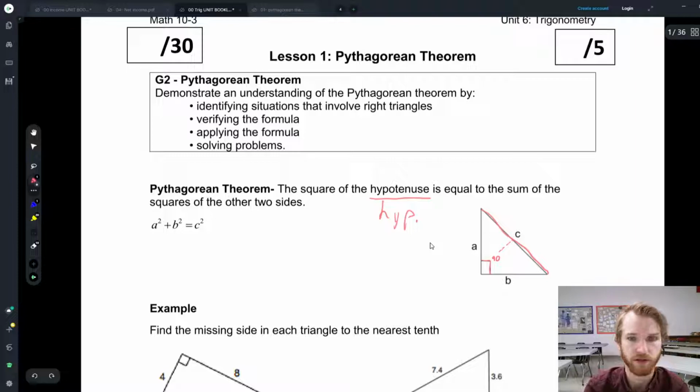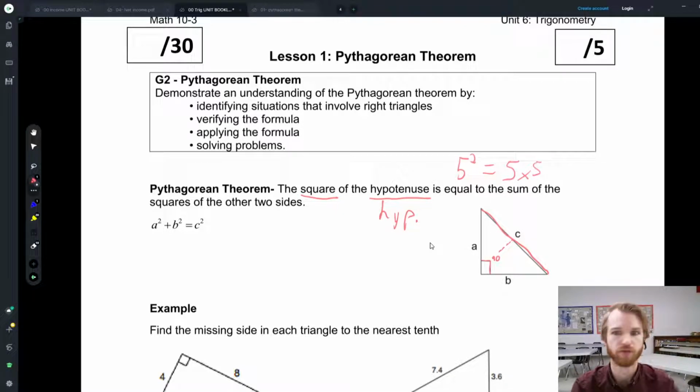All right, so then it says the square of the hypotenuse. When it says square, it's talking about putting an exponent 2. Square means when you multiply something by itself. So 5 squared means the same thing as saying 5 times 5. Why we call it 5 squared and not just 5 exponent 2 or something like that, why we say square, is because 5 times 5 is like a square